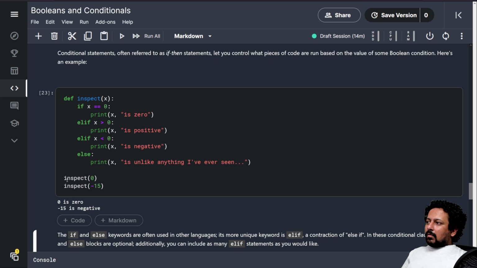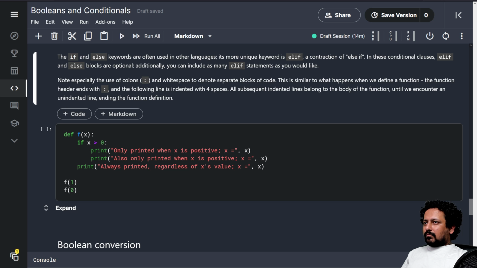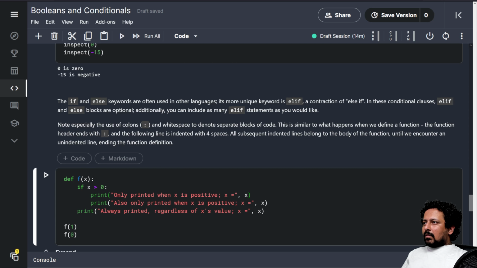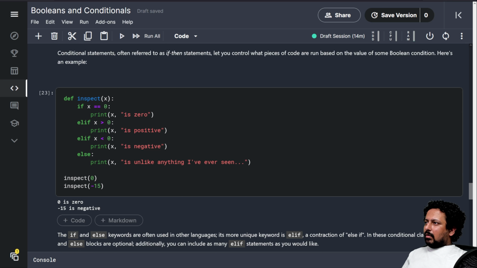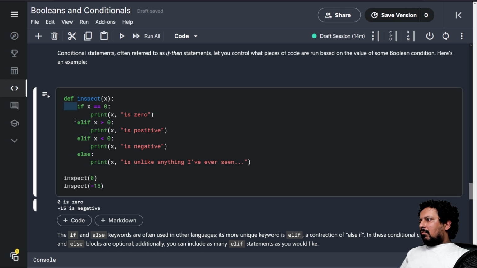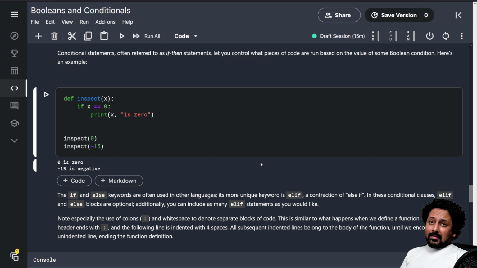So yeah, Boolean operators are used quite a lot with if and else statements. So here you have to take care of indentation again. So 4 spaces usually. One more thing that you can do here is let's say if x is 0, print is 0, and if it's a simple if else thing. So instead of writing else, you can